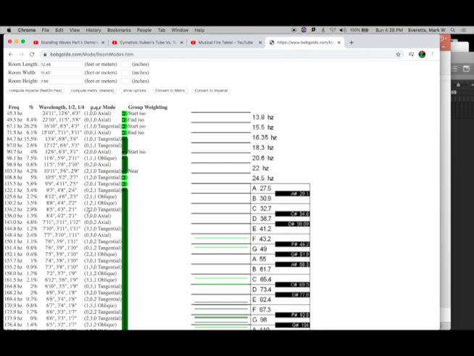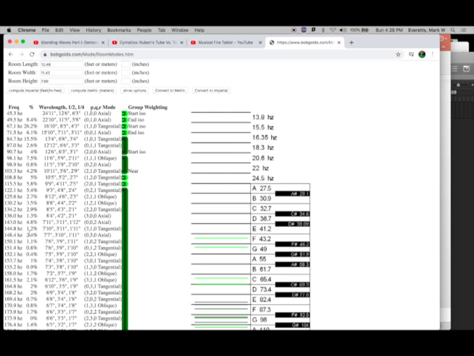Or n sub 2, if we were just looking at axial, would be 2, 0, 0. So this second harmonic of the axial mode is 90 hertz, which makes sense if the first harmonic, 1, 0, 0, is 45.3 hertz. And the third harmonic of the axial mode is 136 hertz. Okay? And so on and so forth. So that's what all of this stuff means. And you can see things are pretty evenly spaced, and there's not a lot of overlap,